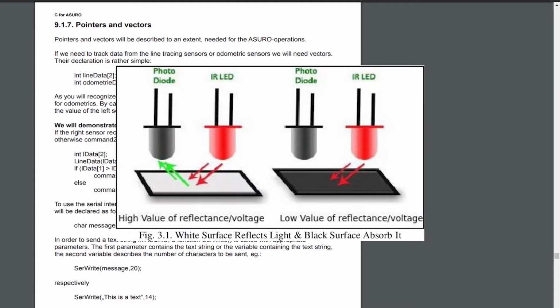If you take a look at this graphic, this is basically how we decide whether we're looking at a line or we're looking at a surface. So if the infrared emitter beams a light onto the surface and the detector doesn't receive any light back or very little light back, we know that it's on a black surface. If the infrared receiver does receive a lot of light back, then we know that it's looking at a white